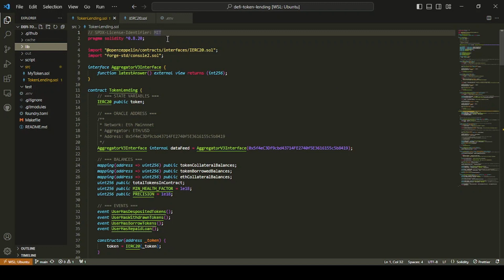The first thing you might notice is this interface up top, the aggregator v3 interface. There's just one function in it. It doesn't have the logic of the function, it just has the interface for it. So it's latestAnswer, an external view function that returns an int256, and this is all we need for calling our Chainlink function. And the reason for that is that